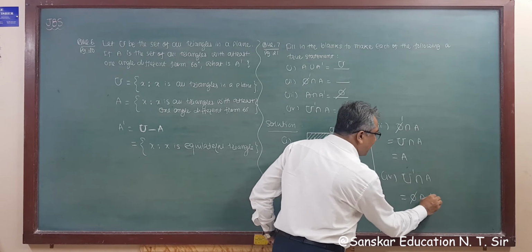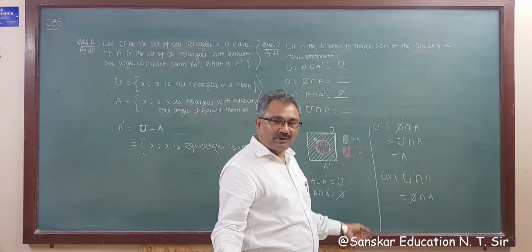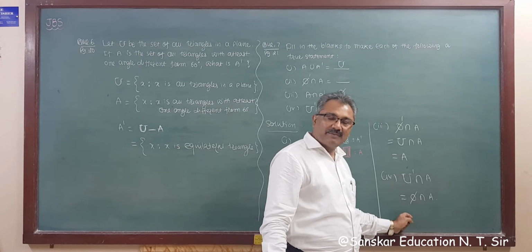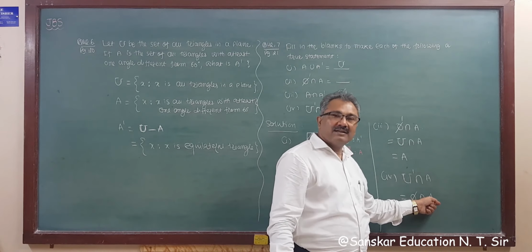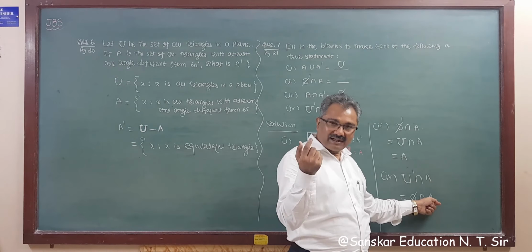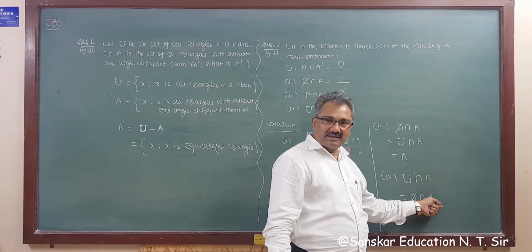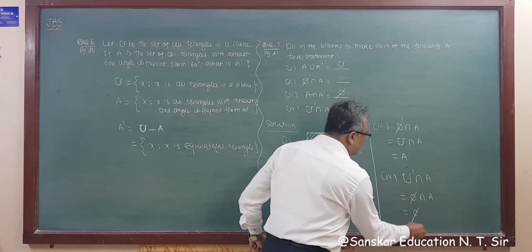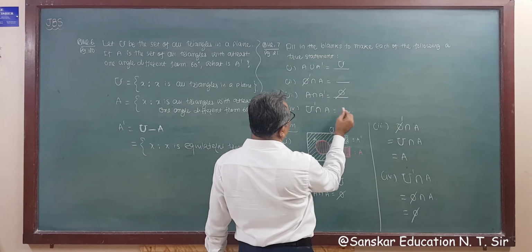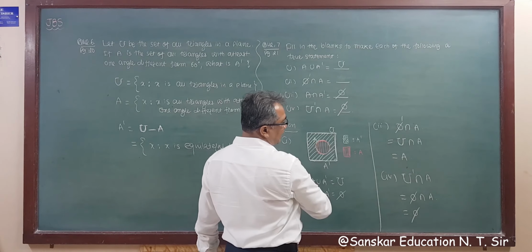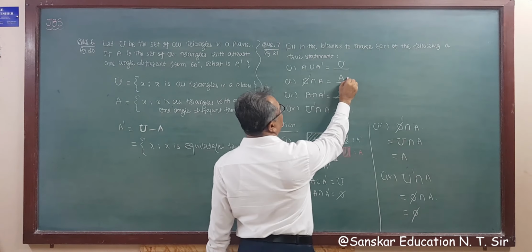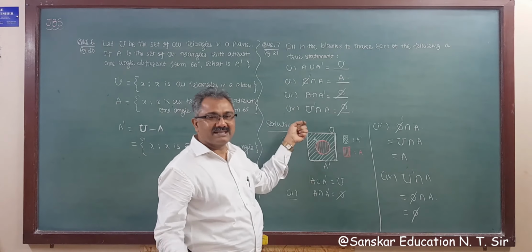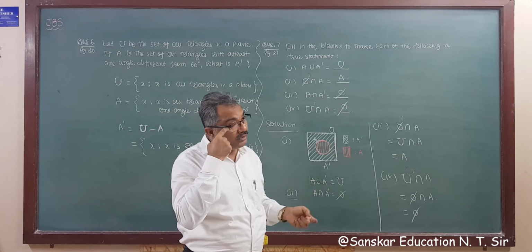Intersection A. Now the intersection of phi with any set is always phi, because there is no element in it. So the smaller set is the answer. The smaller is phi, because in phi there is no element, while in A there is at least one element. Either A is a singleton set, but A is not a null set is given, right? So for the fourth one the answer is phi, and for the second one the answer is A, right? You have to remember this, and this is a nice question of your concept. For 1 mark it is an important question. Okay.